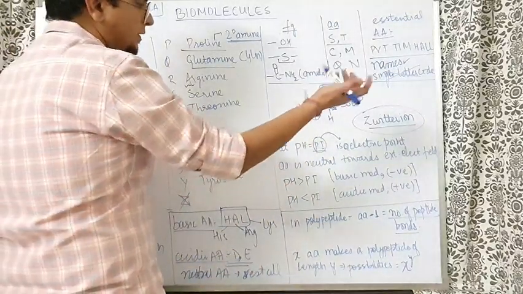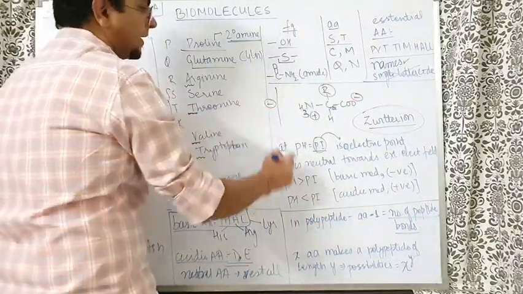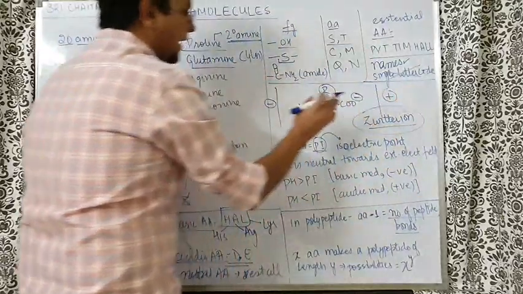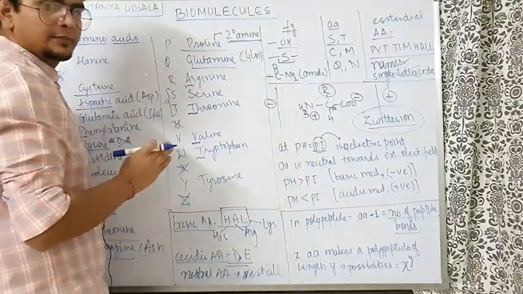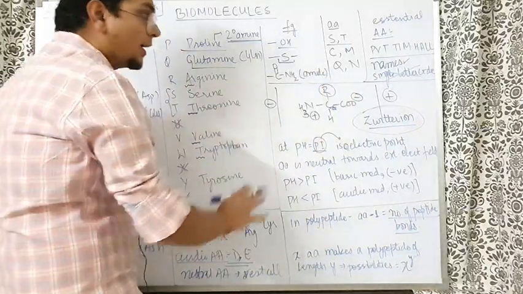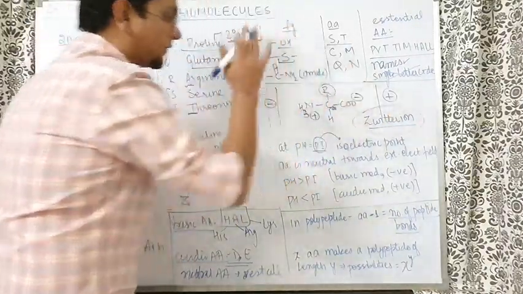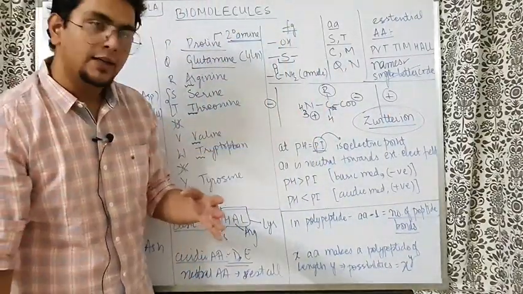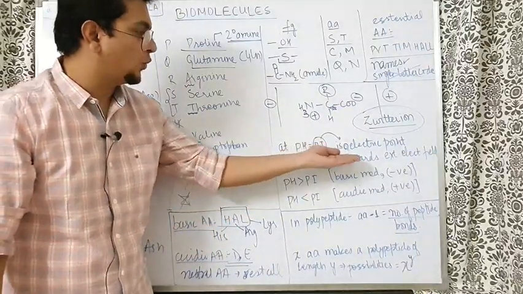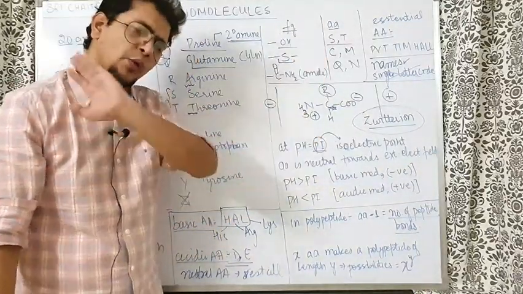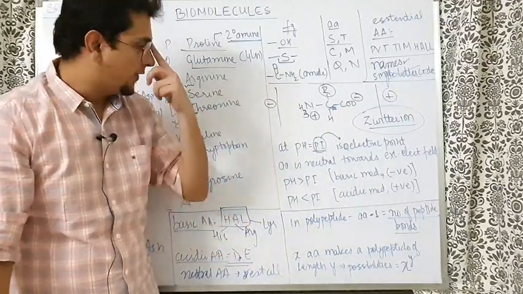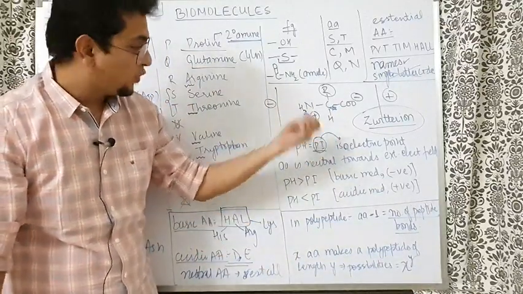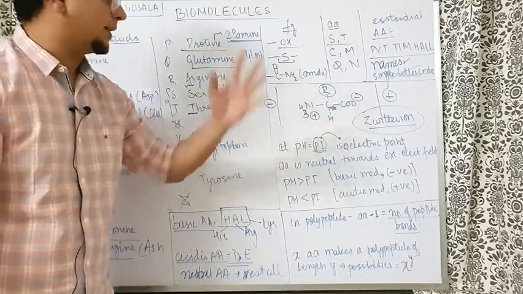Imagine if the plus is more and I put a negative plate here and a positive plate here. If the plus is more, the amino acid will drift towards the negative plate. If the minus is more, the amino acid will drift towards the positive plate. But at the isoelectric point, the amino acid is neutral towards the external electric field. Whatever electric field you put, the amino acid will not drift in any direction at the isoelectric point. Why? Because at the isoelectric point, plus and minus are equal.